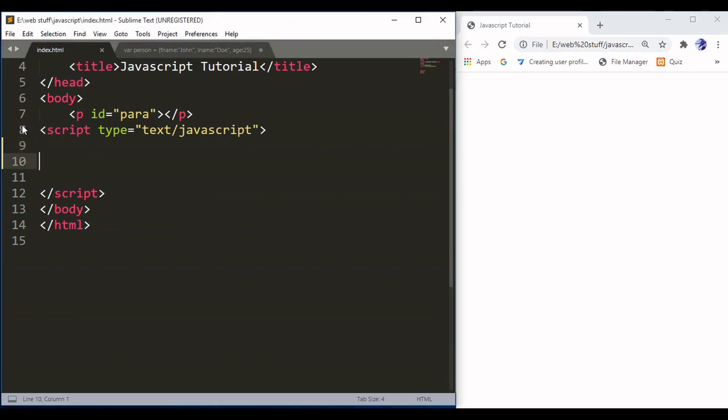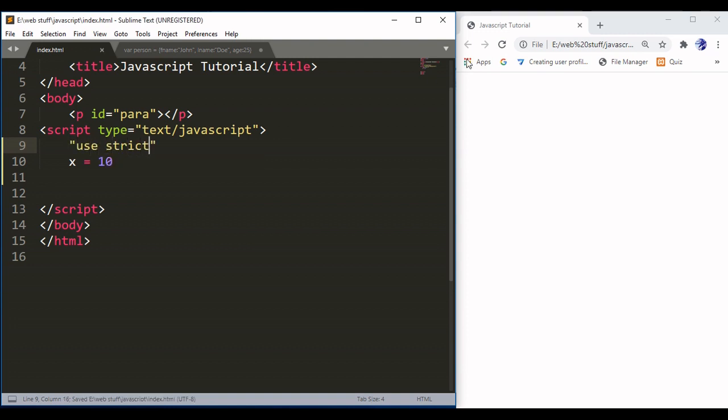There is one more very important concept in JavaScript which is asked many times in interviews, and that is hoisting and use strict. So what is hoisting? JavaScript has a property that lets us use some variables before actually declaring them. For example, we can write x is equal to 10, and if I run it, it will not show me any error, and this property is known as hoisting. I'm not using the keyword var here, I'm not initializing it as a variable, I'm simply using x is equal to 10. Okay, but if I use the strict mode and write use strict here,